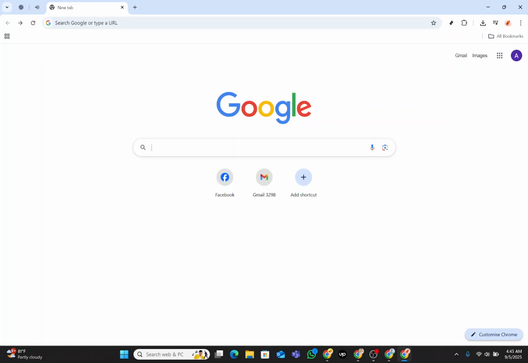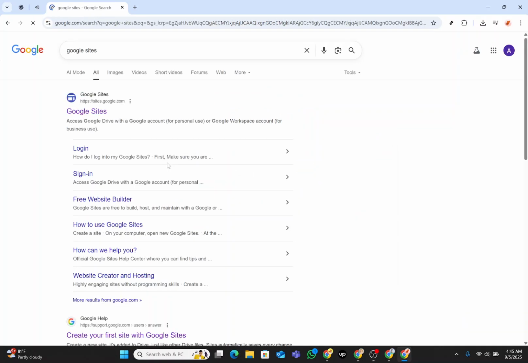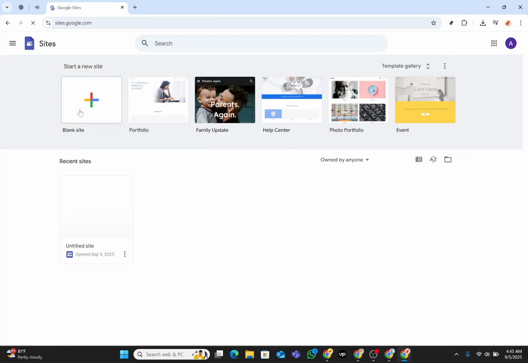First, you'll need to head over to Google. In the search bar, type Google Sites and press Enter. The very first link that appears is the one you'll want to click. This will take you directly to Google Sites, a convenient platform provided by Google that allows users to build websites with ease. Once you're on the Google Sites homepage, you'll notice a clean, streamlined interface designed to keep things simple